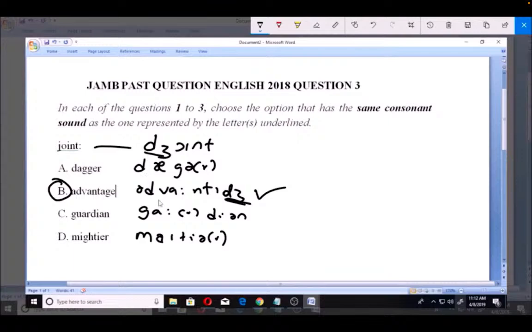This is dagger, this is advantage, this is guardian, this is mightier. So B is where we have this G here, similar to this G in joint,